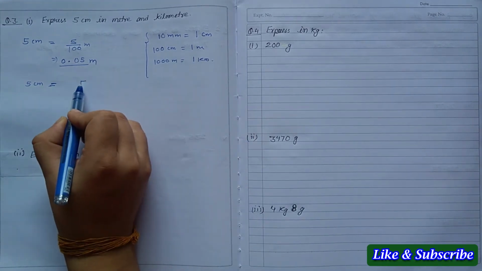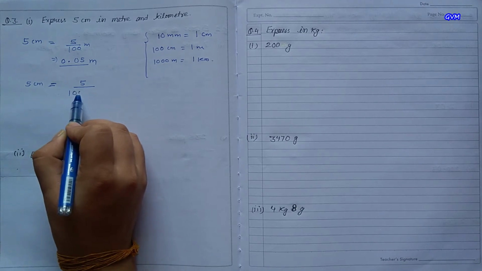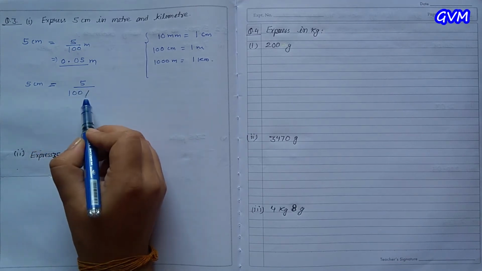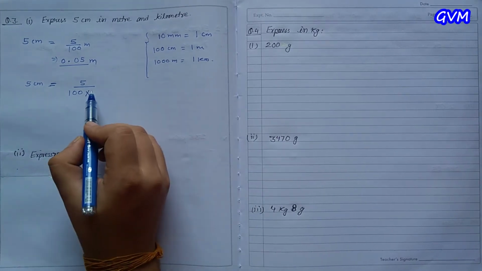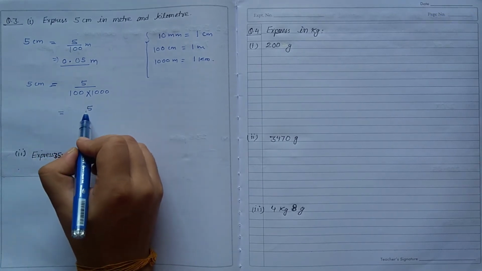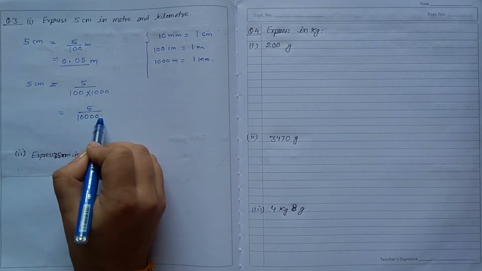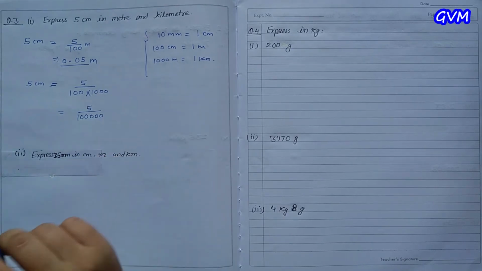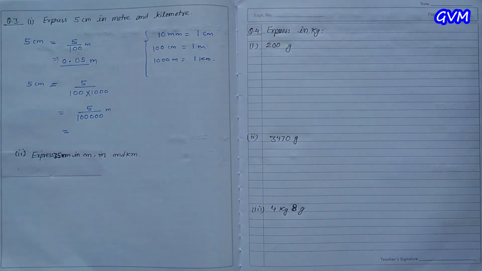So we have to divide 5. First centimeter है तो meter में divide करने के लिए 100 से divide करेंगे. Then किलोमीटर में change करने के लिए 1000 से divide. Okay. So this will give us 5 upon, ये हमारे पास multiply करके आ जाएगा 5 zeros. That means this is 1 lakh. 5 upon 1 lakh. Now you can convert this fraction into decimal form.